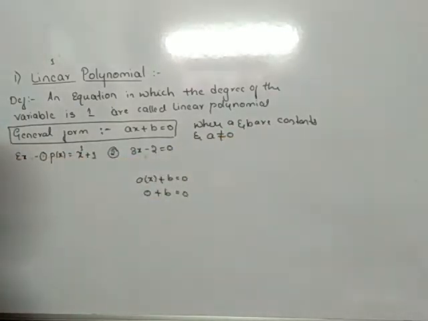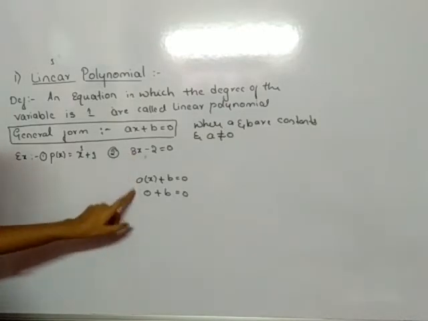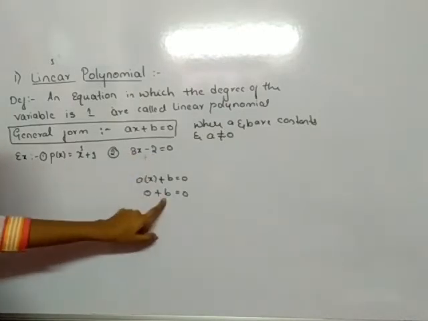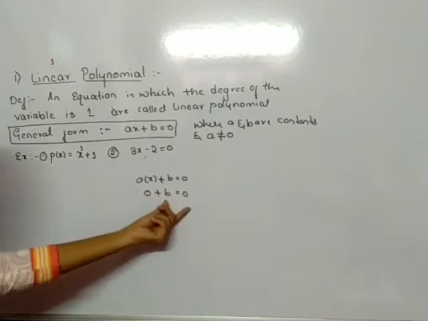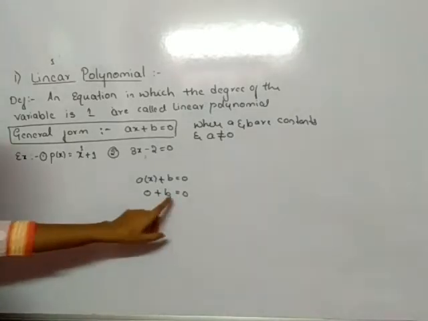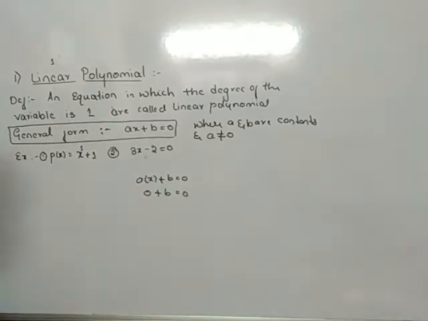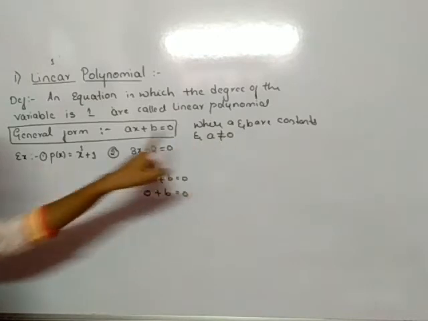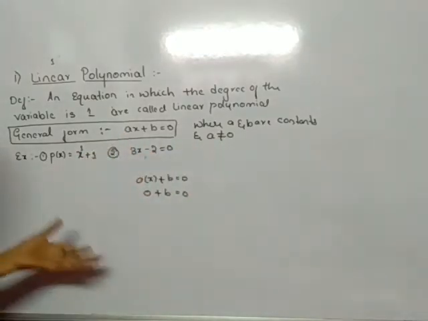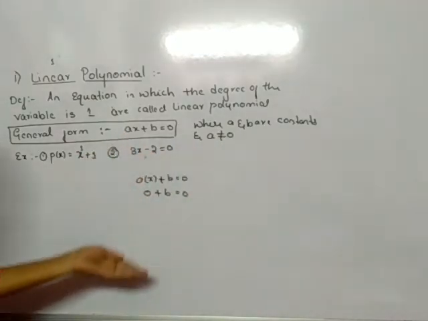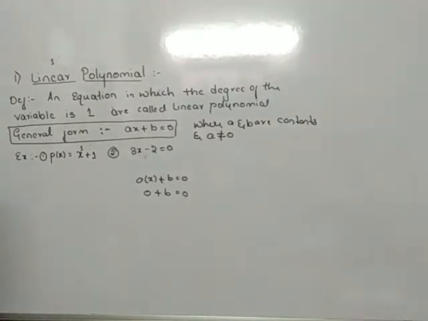A constant, right? Here, in this equation you can compare and check. Here 2 is nothing but b, right? Then we are getting only the constant, that is b equals 0. Then this is what a constant polynomial: a polynomial containing only a constant. Such types of polynomials are called constant polynomials. So that's why a must not equal 0. If a becomes 0, then we are getting a constant polynomial, right? The point is clear?